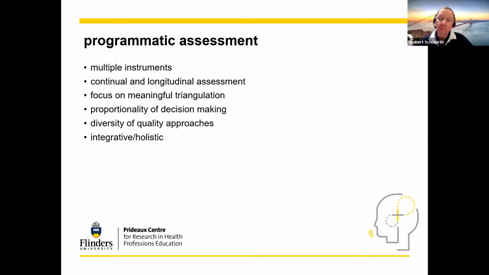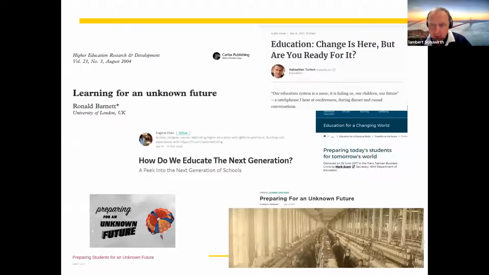But it also requires us to look at the quality of the assessment in a different way than purely the traditional reliability, validity, and what have you. And that way we try to keep competence as an integrated and holistic phenomenon rather than trying to take it apart into little measurable units.